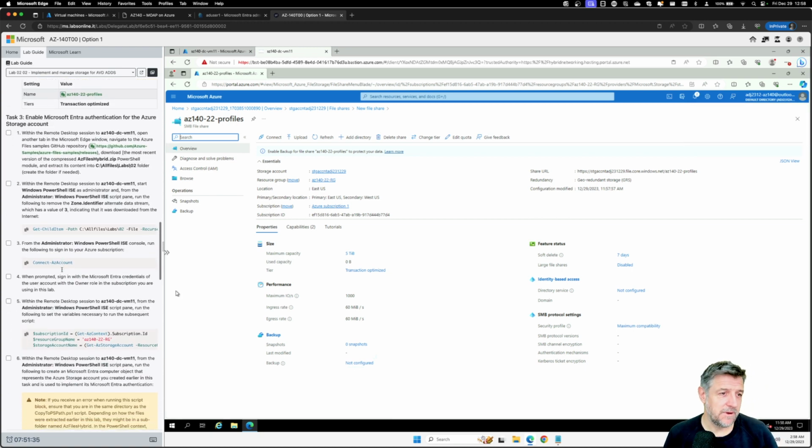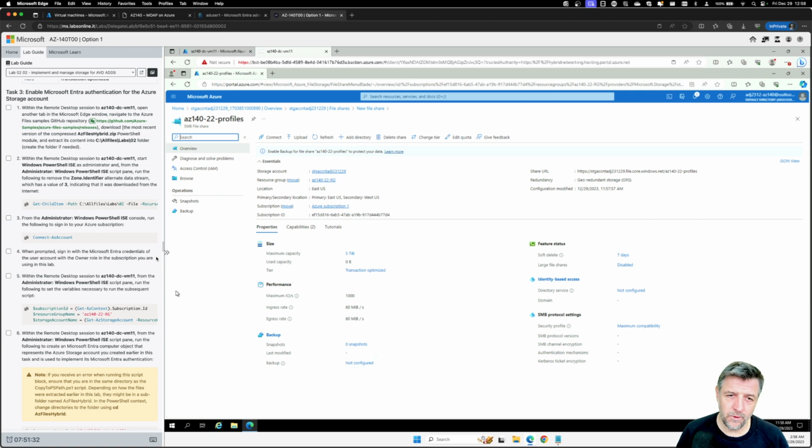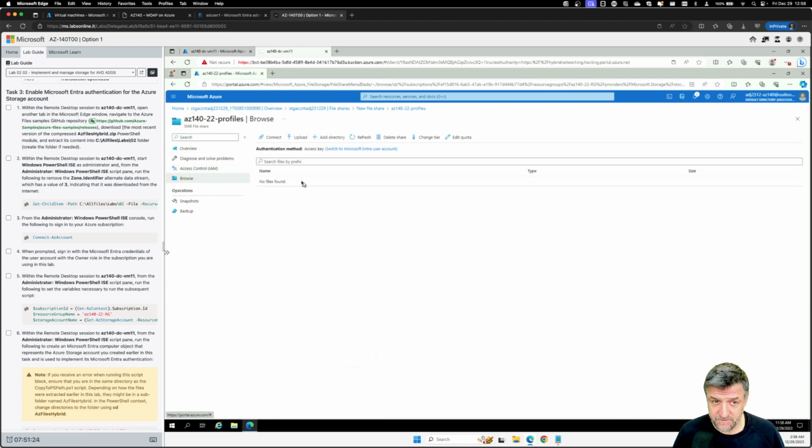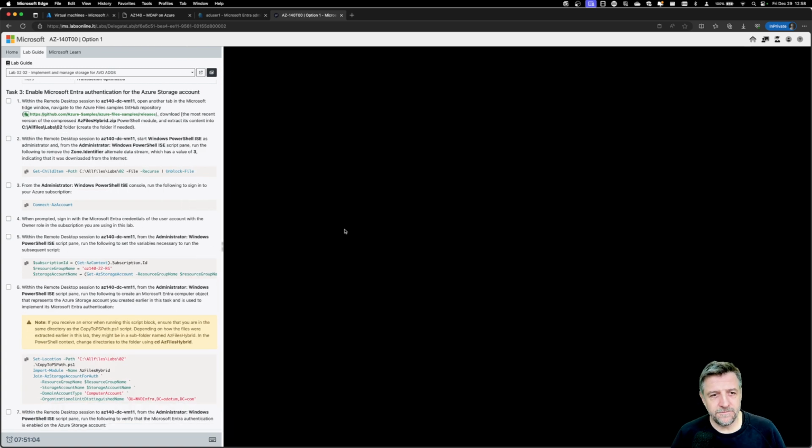The next step is going to be a little bit of a weird step, because now we do have a file share. We can browse the file share if you want to. We can start creating folders and everything. However, this file share in Azure Files does not support NTFS, and that is something that we want. So the step that we're going to take next is we will be going through the process of